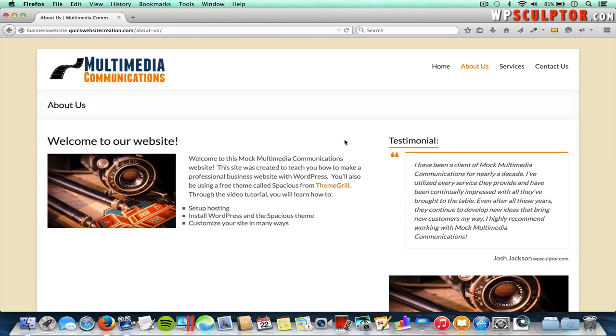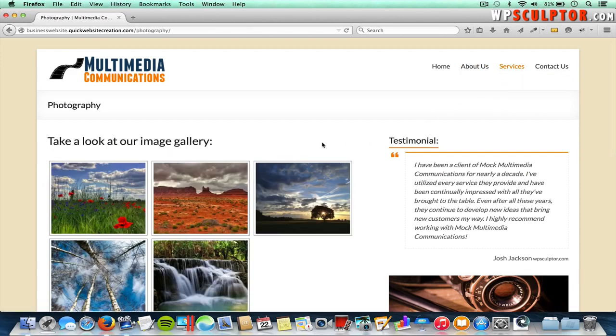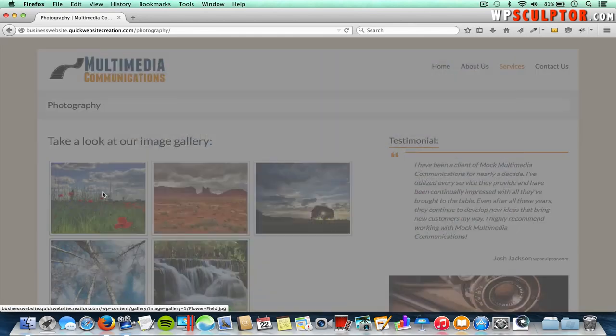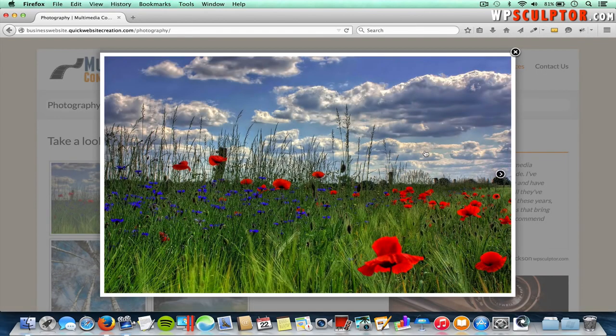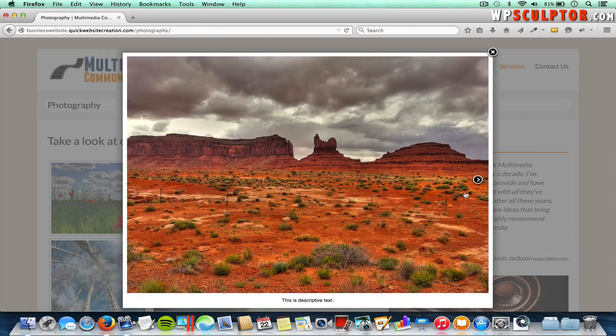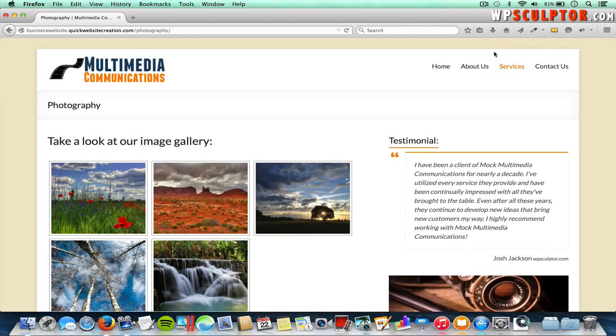And then I'll open up my photography page. And I'll show you how to add an image gallery that you see here, and when I click on one of the images in the gallery, it opens up with this nice professional lightbox effect, and I can scroll through and see the different photos in the gallery. And you can also add descriptive text to your images like this if you want to. And I can just click on the X to exit out of that,